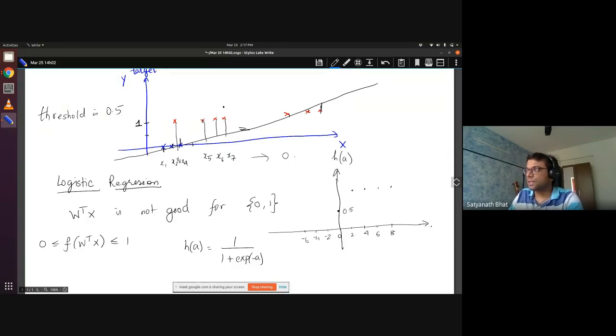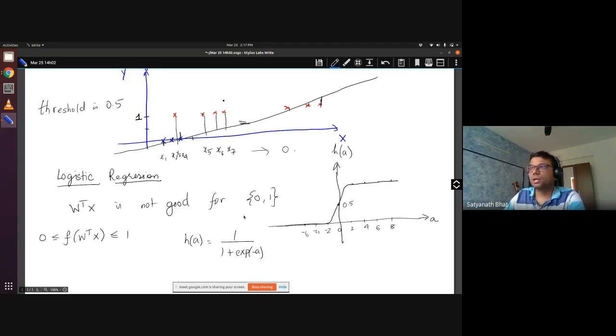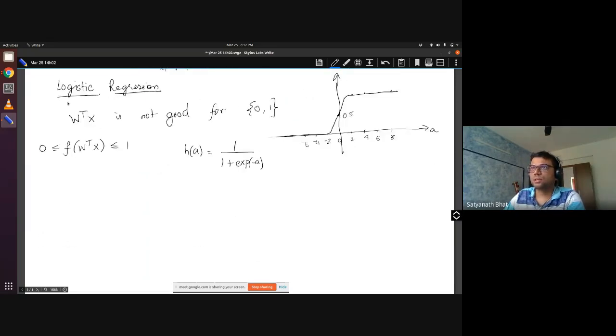On this axis you have a. Likewise, on the other side, everything symmetrically follows. So the function that we will be looking at is this. Instead of using linear, let us look at this. This is a good way to handle this kind of problem. Instead of trying to learn linear, we will use this logistic function. There will be 2 variants of logistic regression, and we will see both. The first variant is called the LMS variant, and the other one is called cross entropy loss. I will explain both.